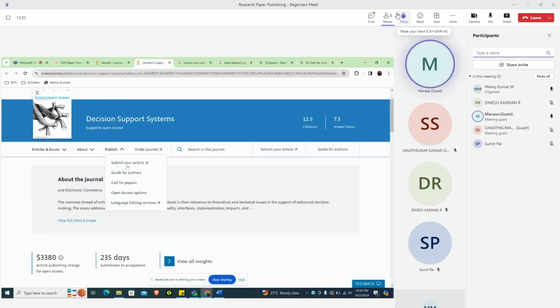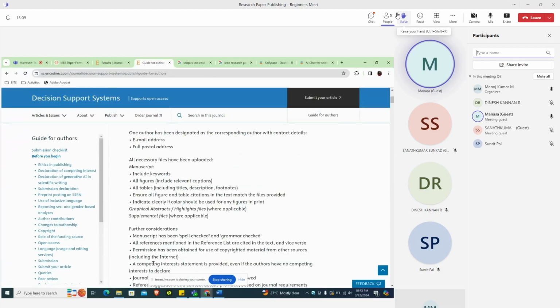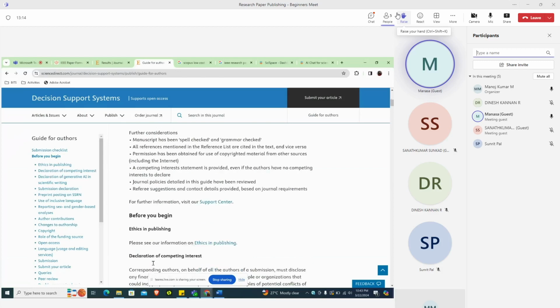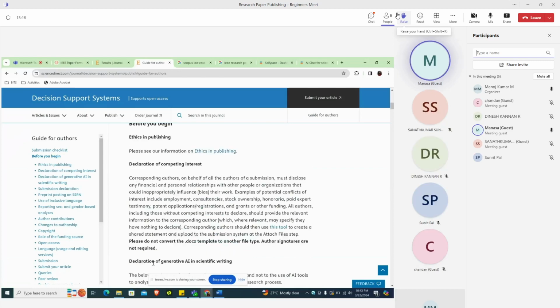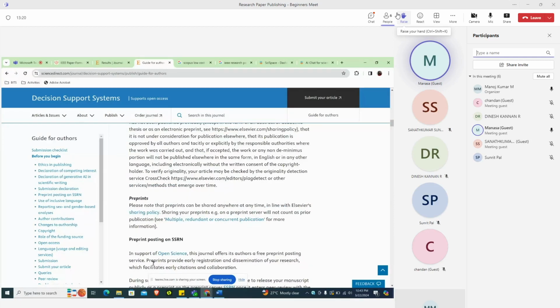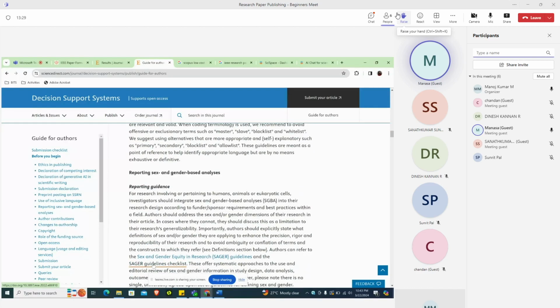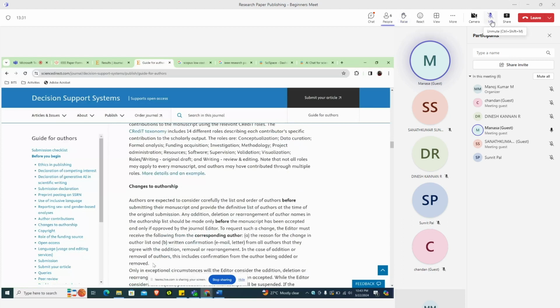So we have this guide for authors. If we go into that, some of the journals will have a template within, but some will have detailed steps of how the paper should be structured, what all sections there should be. It slightly varies from the IEEE ones, but more or less the base is the same. All the same headings will be there. Maybe the fonts, the way they want, will be different.